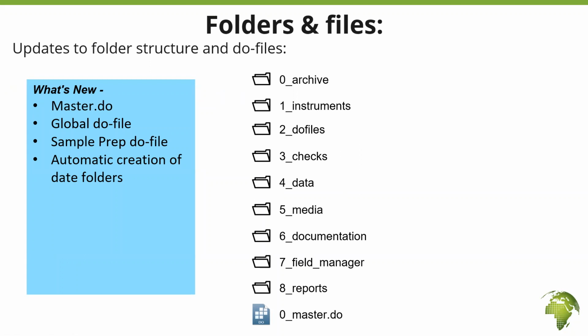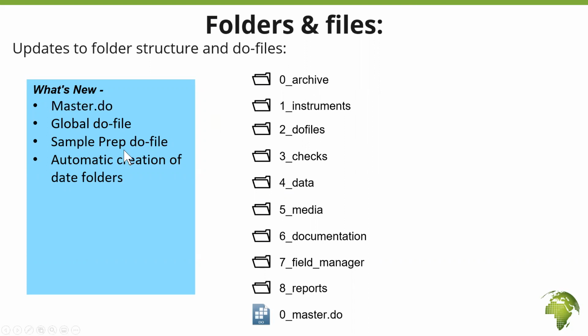So we still have an Excel input sheet, but that is now limited to only the commands that really need an Excel sheet. Those that are simple enough to just enter a few things in the do file would move into the global do file. This is where you would set a lot of things that you need to run. This is something that some people are already using. For instance, I know in Ghana we've been using a global do file for a while, but it is not general practice for everyone.